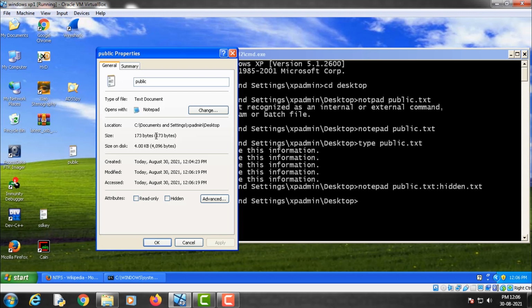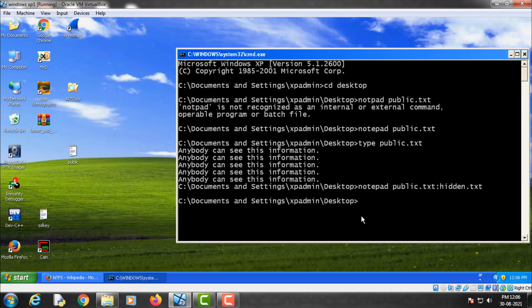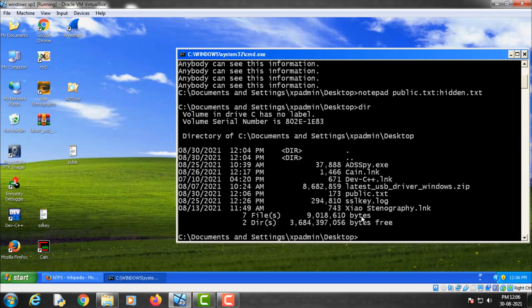As you can see, its size is 173 bytes. So if I type the dir command, you can see that it is a 173 bytes long file and you cannot see the hidden.txt file here.